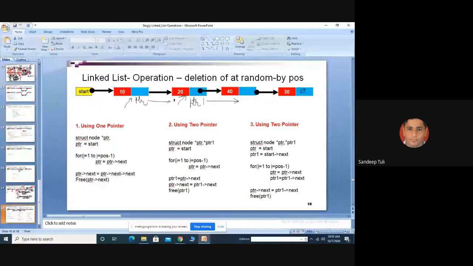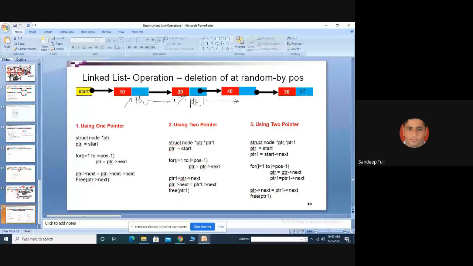That is a very big drawback of our singly linked list. Second one is, suppose I am at node 40 in this example; I can move only onto 30. I cannot move in the backward direction onto node 20. Suppose in the middle I need to traverse back, it is not possible in a singly linked list, because it is a unidirectional linked list.